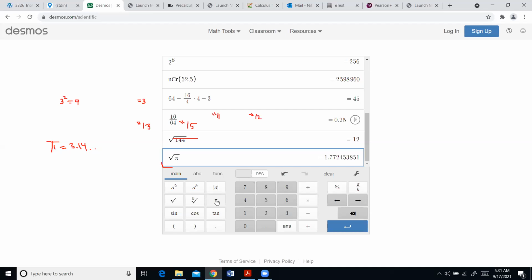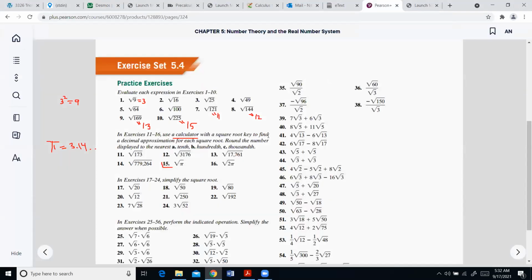You see what it is? Well, it's some kind of decimal. Yeah, so you could just copy this decimal, square root of pi. Anyways, the message is you could just use calculator, and that's what actually they say here,